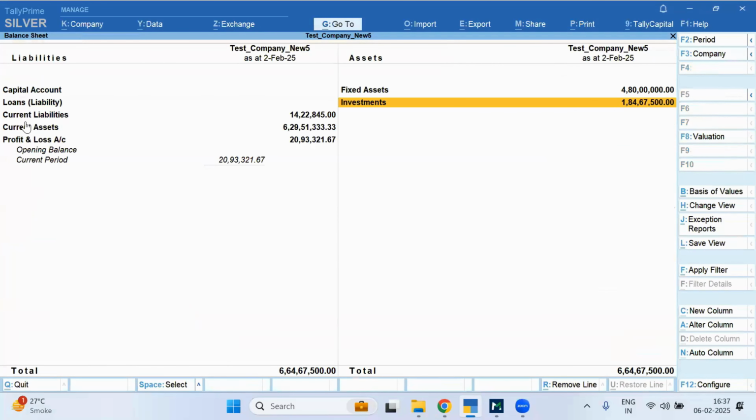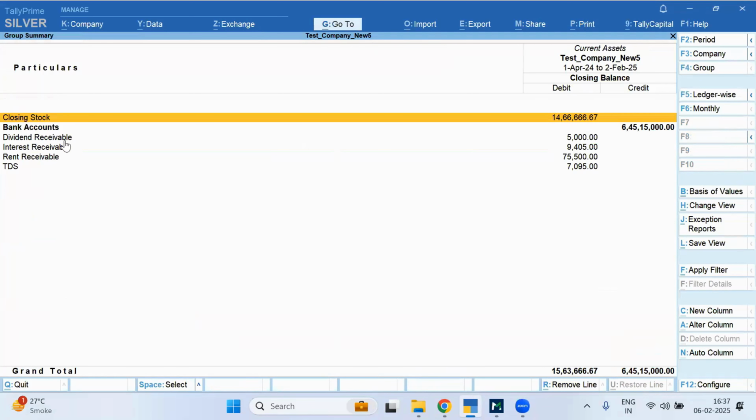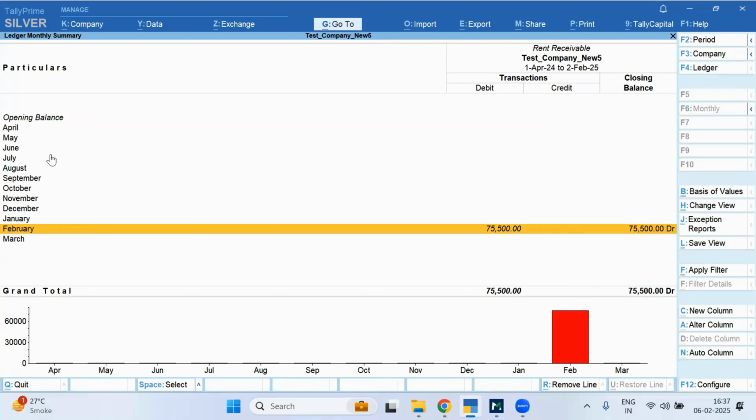So to see that, you can simply go to the current assets and you can see various different ledgers: dividend receivable, interest receivable, rent receivable, TDS. If you are adding a TDS also for income, that can also be easily processed. Just to show it to you, if there is a rent income on your properties, this is how it appears. So if I go to the rent receivable option,